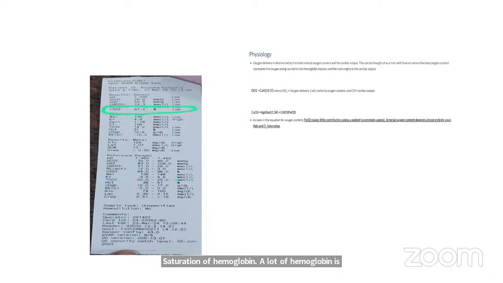So basically, the PO2 SO2 relationship gives us an idea about the oxygen delivery to the tissue. Now, we know that the fundamental concept of stabilizing any sick patient in ICU is ensuring adequate oxygen delivery. And oxygen delivery is determined by the total oxygen content and the cardiac output, right? And what is the oxygen content? The oxygen content is given by the formula as hemoglobin, how much hemoglobin is saturated, multiplied by 1.34 plus